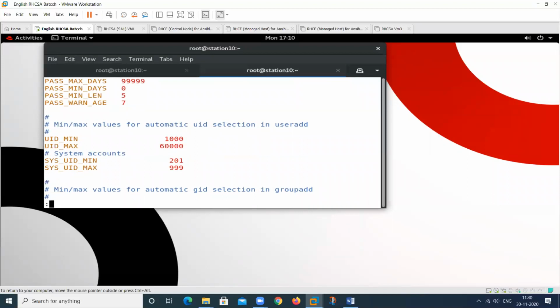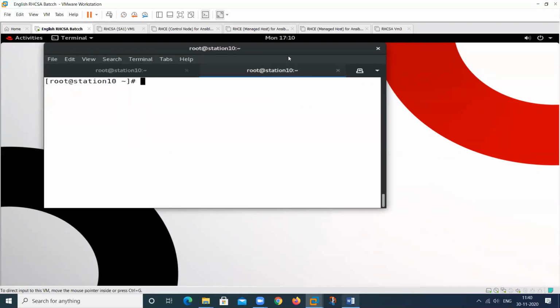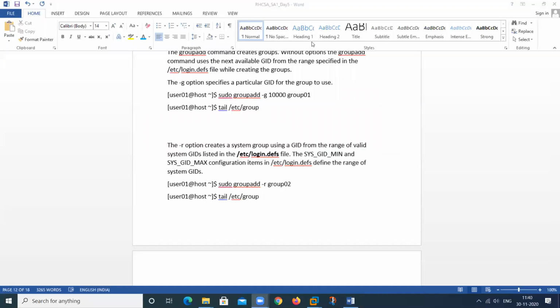This is the default value that is contained in this particular default created file. This is the file. So this is all about the system account. So this will be complete.